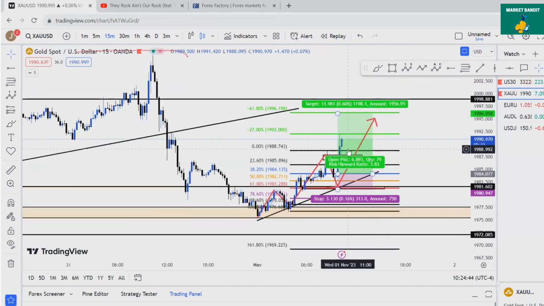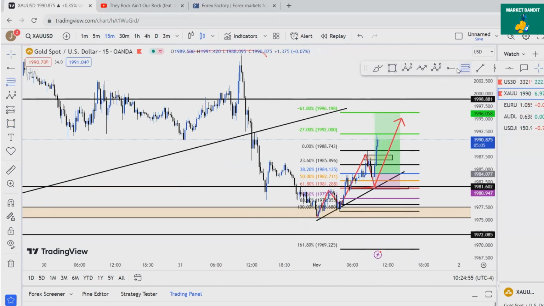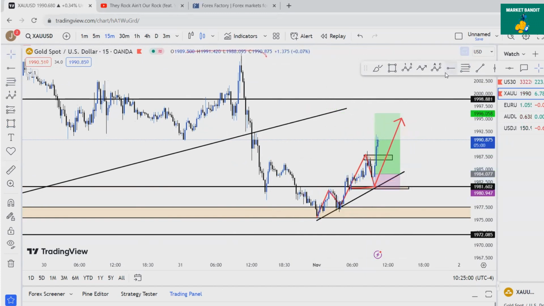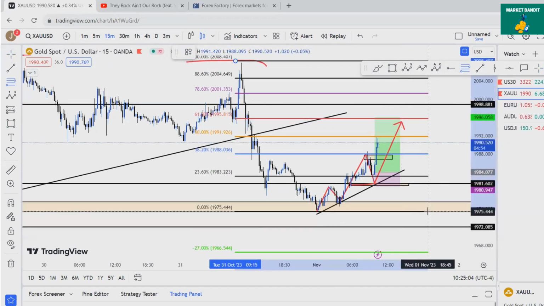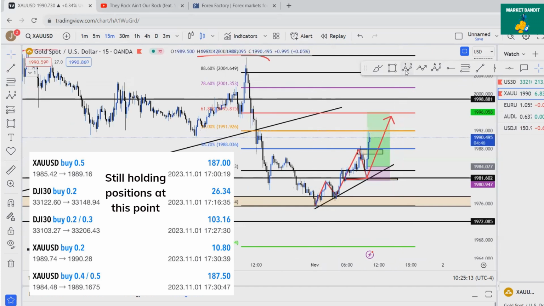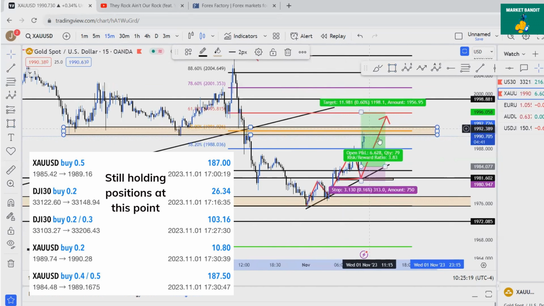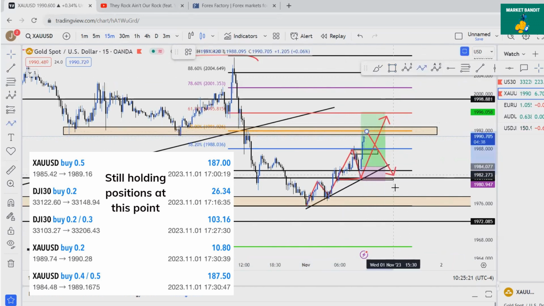Now, one of my main reasons why I expected price to go up: we notice we have massive liquidity up here, imbalances. Not only do we have massive liquidity, when you do the fib retracement the opposite way, let's do it real quick, from high to low, looking for the sell position, we noticed that price was only at the 38%. It did not hit the 618, nor the 50%. And that already signified to me, listen, price has got to come a little higher, at least to that 50%, hit off structure before we get the reversal to the sell, which is our TP2.